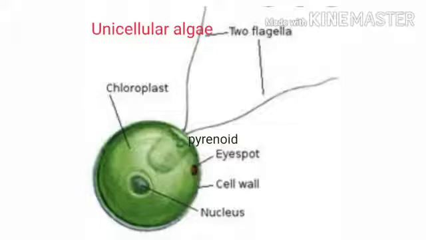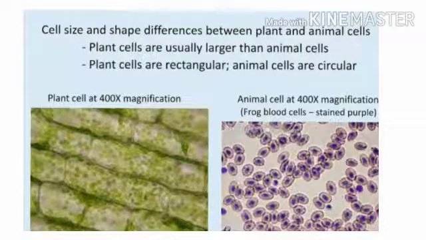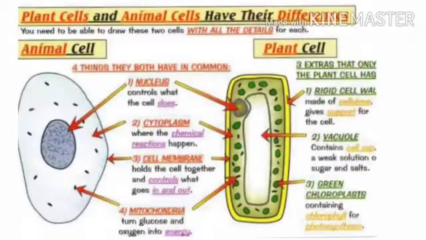Next, we will study certain differences between plant and animal cells. Now, plant and animal cells are unique. Most of the structures they share, but quite a few differences are there also between them. Plant cells are usually larger in size than animal cells. Animal cells are smaller. Plant cells have a cell wall to protect and provide rigidity and shape to the cells. Animal cells only have a cell membrane, no cell wall is seen.